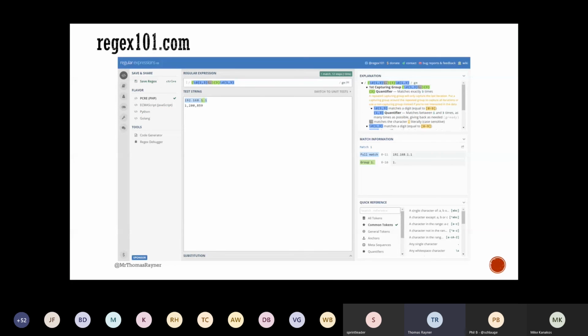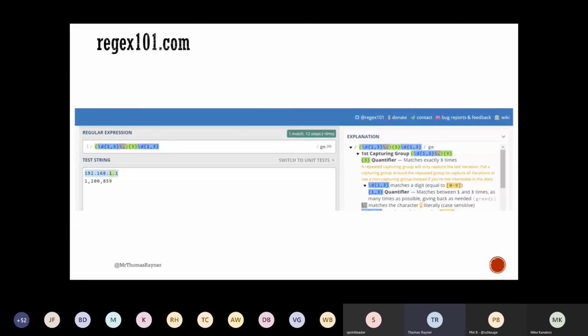And then one last tool I want to call out is regex101.com. Super valuable tool for testing and developing regular expressions. In particular, this part of it here allows you to put in your regular expression, which looks familiar. This is the one that we were just looking at. And then it gives you your test strings that you can put in here. So I put in both of my examples to see which one's matched or not. And then on the right here, it even breaks down in English what's happening in your regular expression.